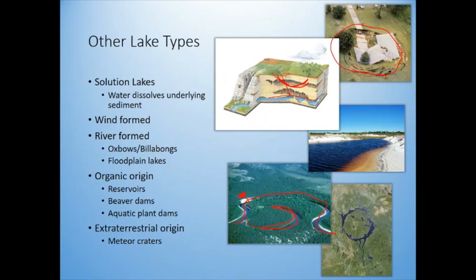And then, if an asteroid hits the Earth, this is one of the biggest meteor-created lakes. It's kind of weirdly shaped, but I think it's in Quebec, northern Canada, and you can see it's relatively circular in shape because that's the asteroid that hit somewhere in here and created a crater. So there's lots of other ways to create lakes, but these are basically all the main types. But I'd want you to concentrate on the glacial types because those are the most important, most common, whereas these other ones happen but aren't necessarily as common.